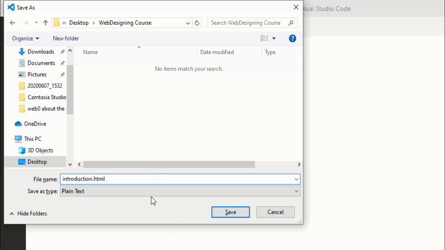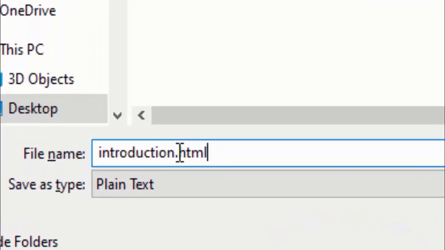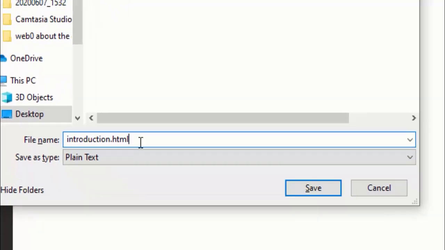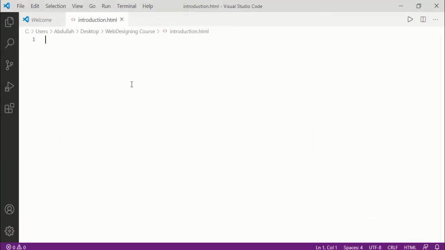The important thing is that you need to write .html as an extension of HTML file. Whether you are using Notepad, Notepad++ or any text editor, it is a must that you write .html after your file name. So we will save this file, and after that we are ready to write the HTML code.